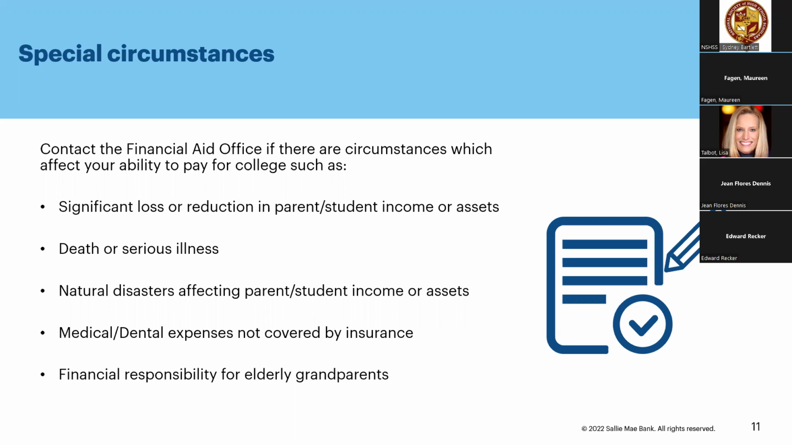Since 2 years has gone by, you can reach out to the school and let them know that your situation has changed. Here are some examples: significant loss or reduction in parent or student's income or assets. There's been a death or serious illness in the family. A natural disaster affecting parent or student income or assets. Medical or dental expenses not covered by insurance, and maybe financial responsibility for elderly parents. This is just a short list of circumstances that a school might look at